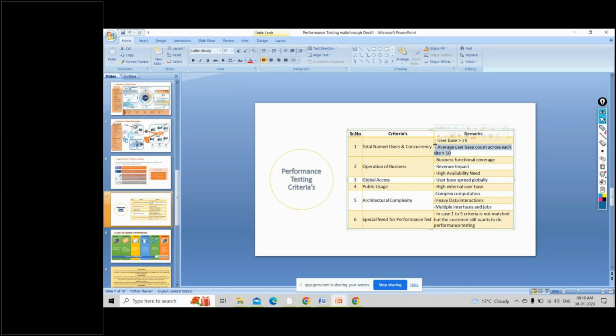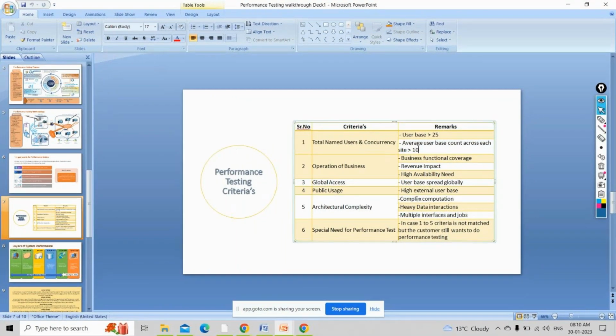Then definitely you should go with performance testing for those applications. Okay, now operations of business. Let's say there are some features in your application which are very, very crucial to our business. Okay, if in any of these features, let's say the best example to understand is